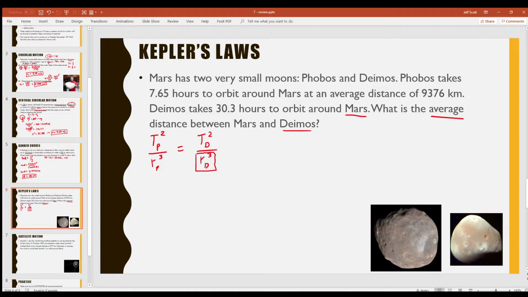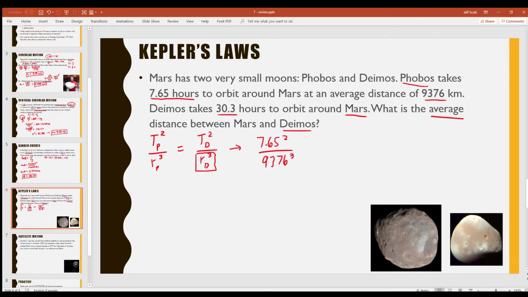All of the other information given to us in this question, like this many hours to orbit around Mars for Phobos, that would be your TP squared. And this one over here, the 9,376 kilometers, is the orbital radius of Phobos, and we would just have to cube that. Likewise, this 30.3 hours would be the orbital period of Deimos, so we would just have to square that piece. Bottom line is just throw all of these numbers into this equation. So for TP squared, we can say that's 7.65 squared divided by RP cubed. RP cubed is going to be